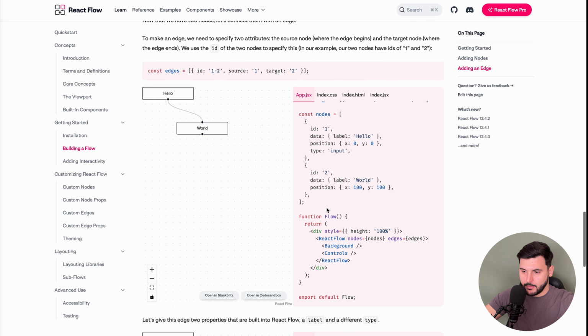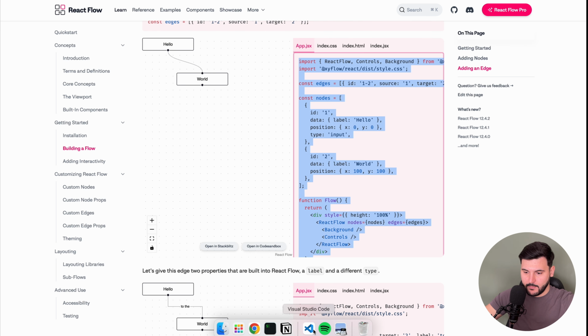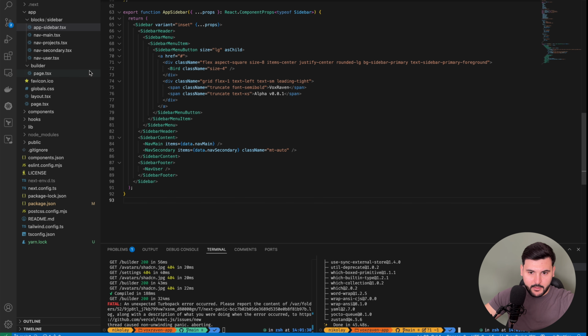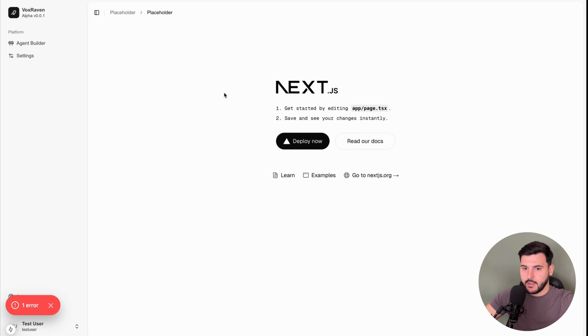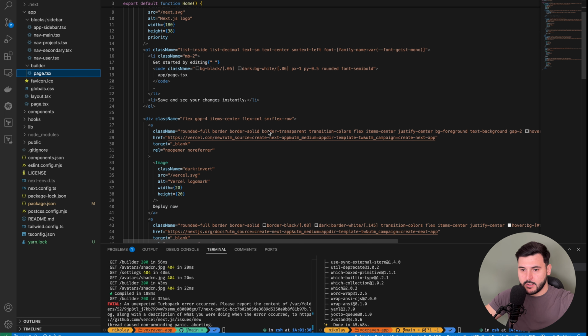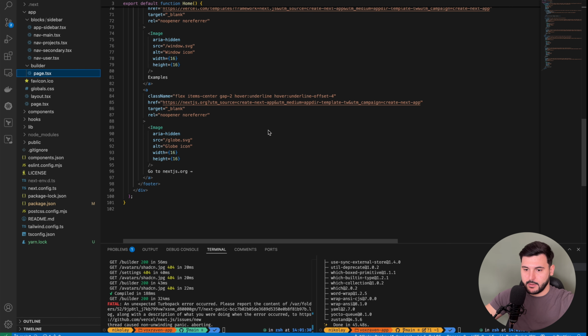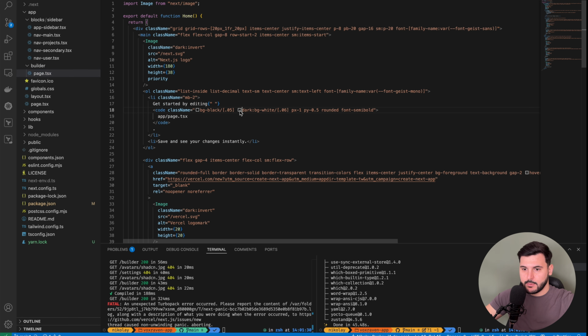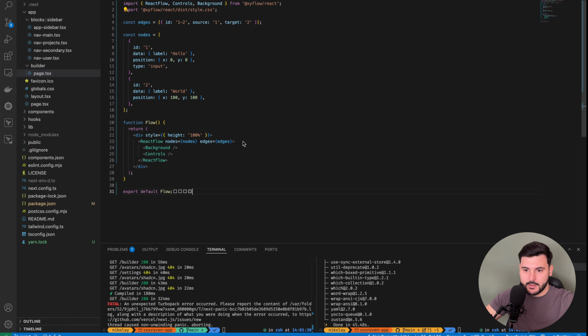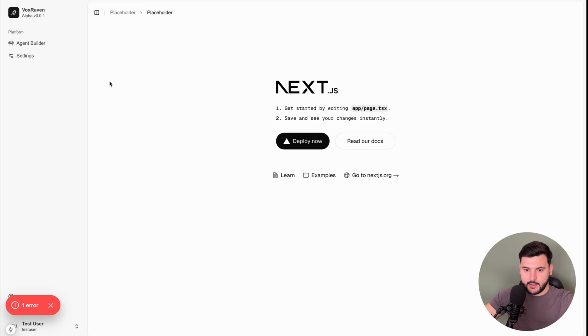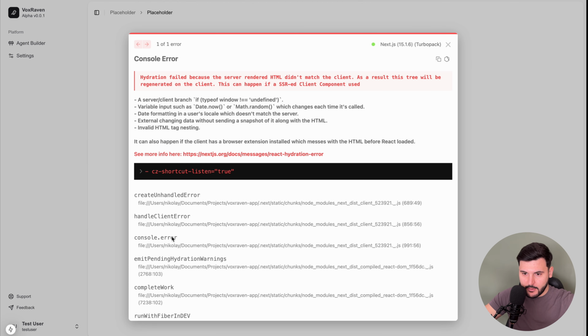We can just copy this portion of the code, go to my builder page. So here in the Next.js app, on the /builder route, I have this Next.js demo page, which is the default page that I used for the example. I just want to remove everything completely in this case, and I will just copy paste the code from the page. If I click save and go back to the Next.js page, I see one error, which is saying that